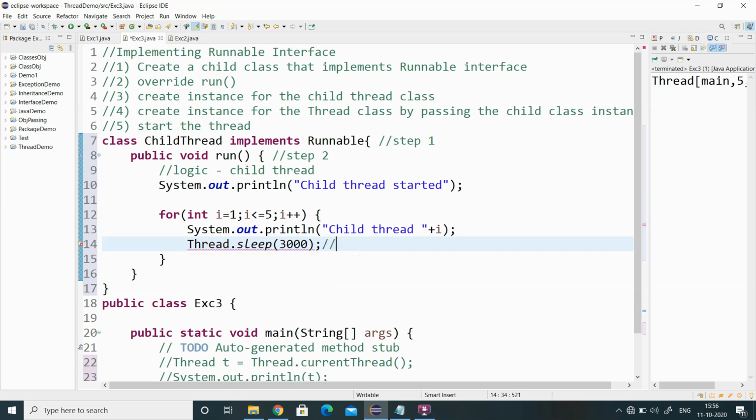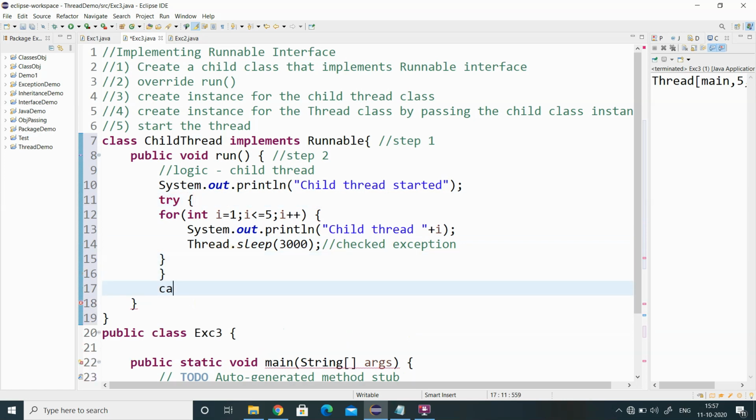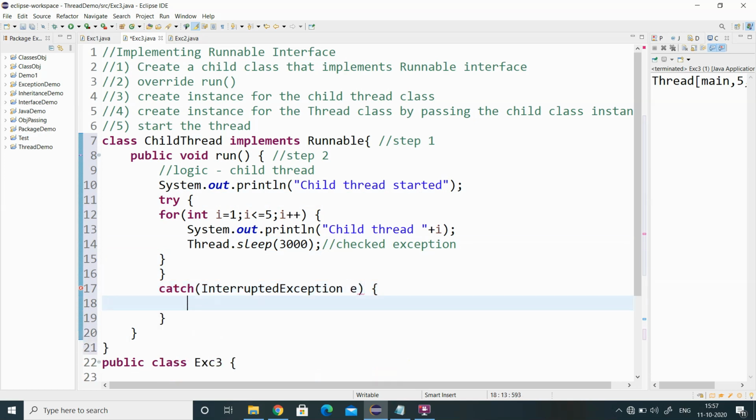Here I am going to use the try and catch block. Catch InterruptedException e. Now the logic I want my child thread to do is written inside my run method.